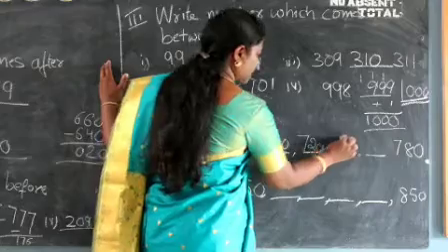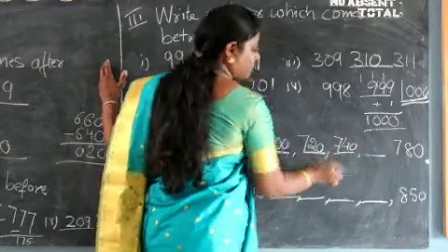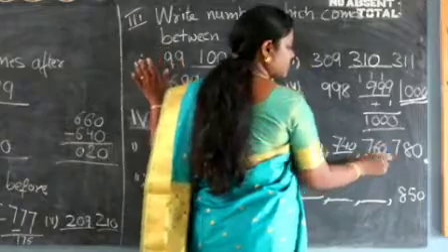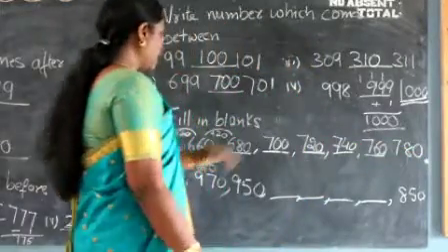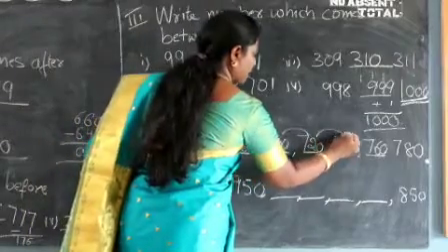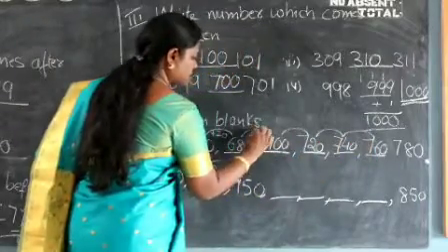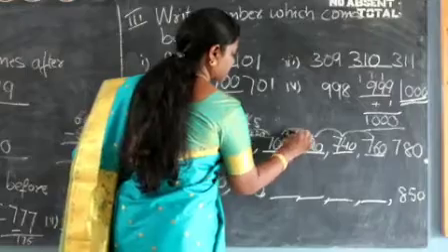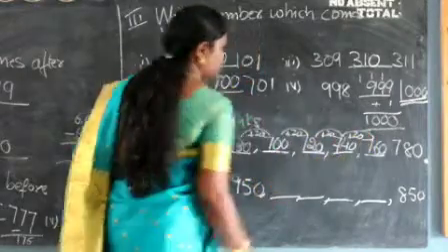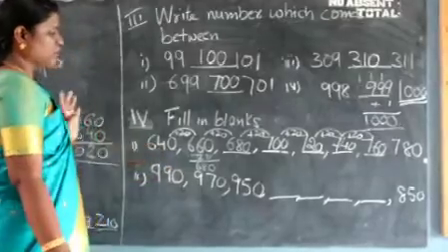720 plus 20, 740. 740 plus 20, 760. 760 plus 20, 780. So we know that our sequence is right. So every time you are jumping, you are adding plus 20 with it. Plus 20, plus 20, plus 20. Okay? So now you have understood how you are going to do the first series.